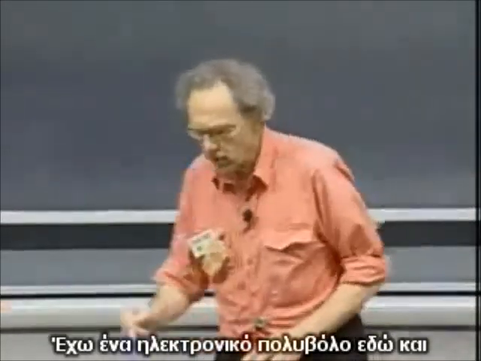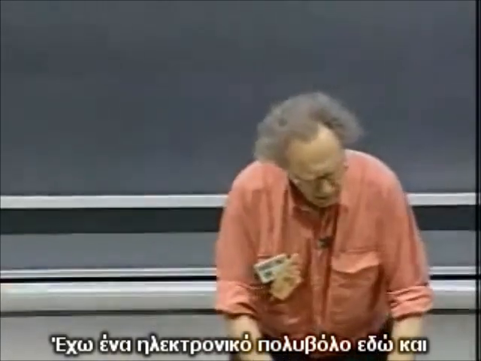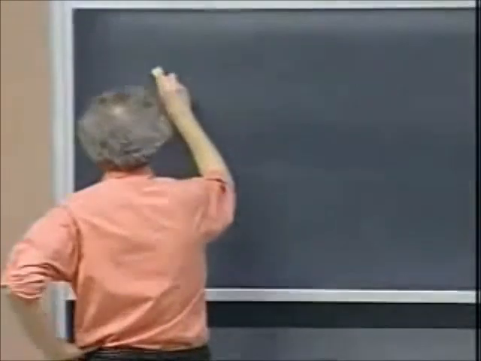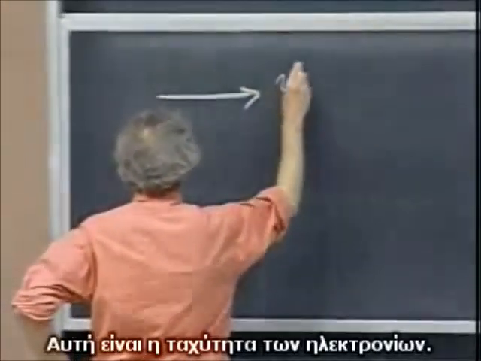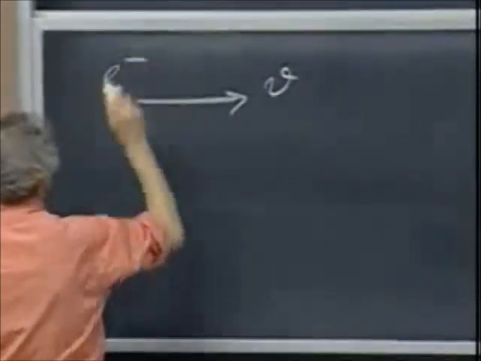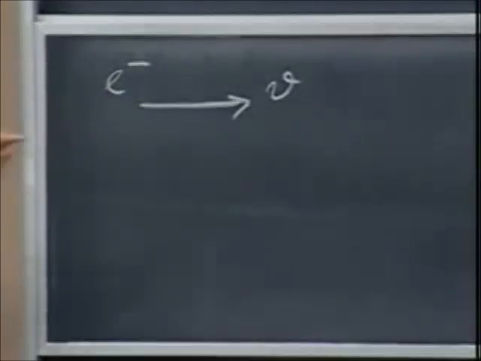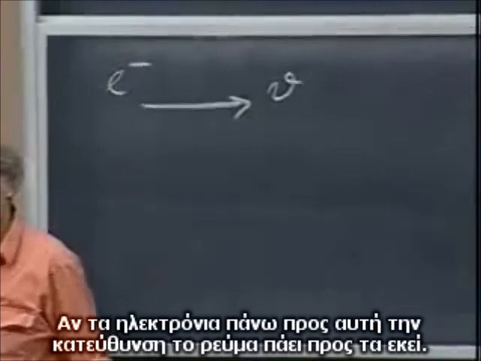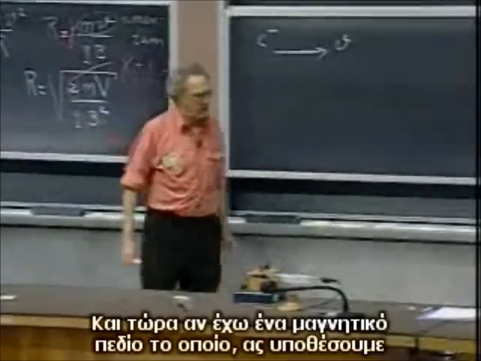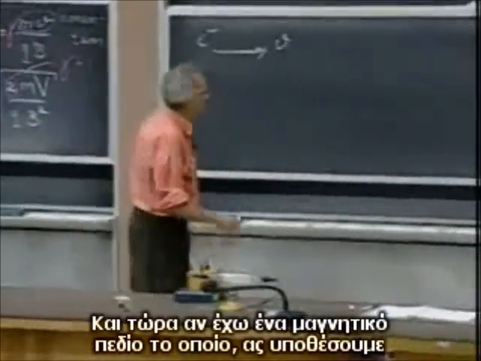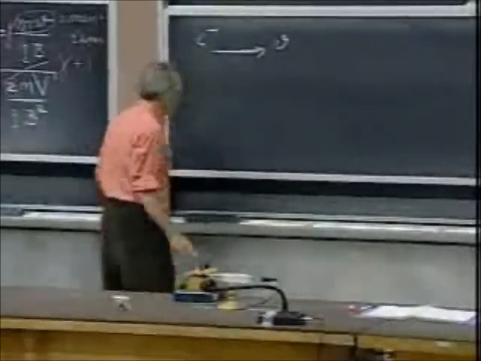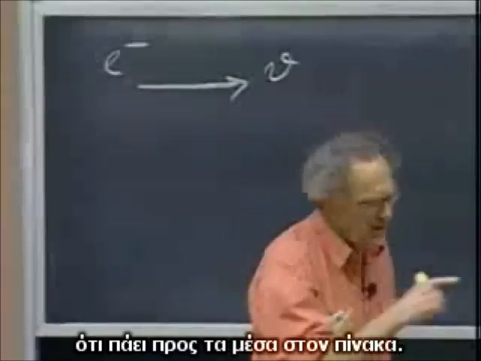I have an electron gun here, and the electron gun comes like so. So this is the velocity of the electrons. I put a minus sign there to remind you that they are electrons. If electrons go in this direction, the current goes in that direction. And so if now I have a magnetic field, which, let's assume, is in the blackboard,